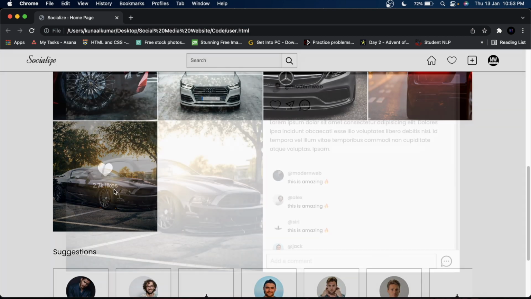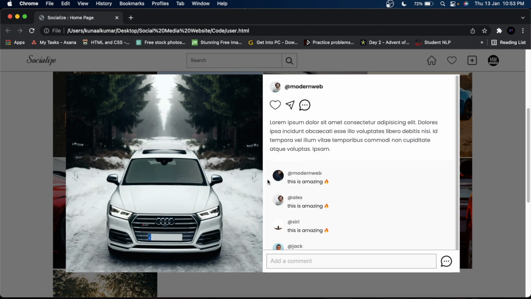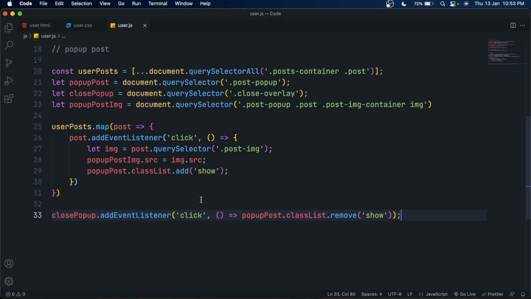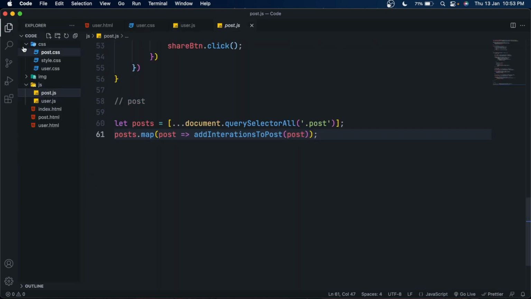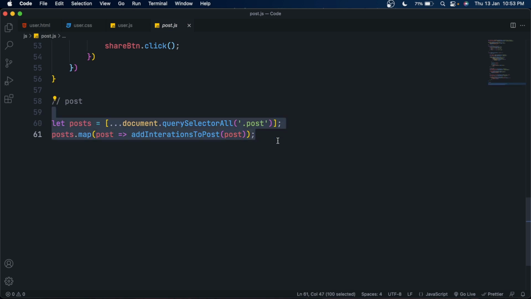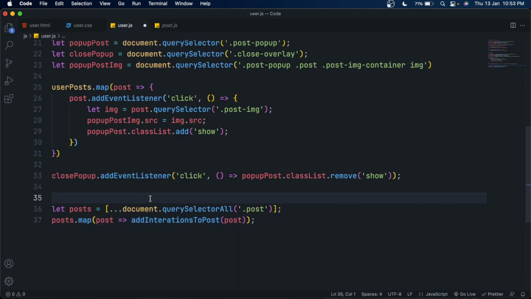Great. Our images are being set up, and our pop-up is coming out. Our slider is done, but you can see our activity interactions are not working. Why? Because this post element here is selecting the heart icon for all the post elements, but we don't have a heart icon in all the post elements.